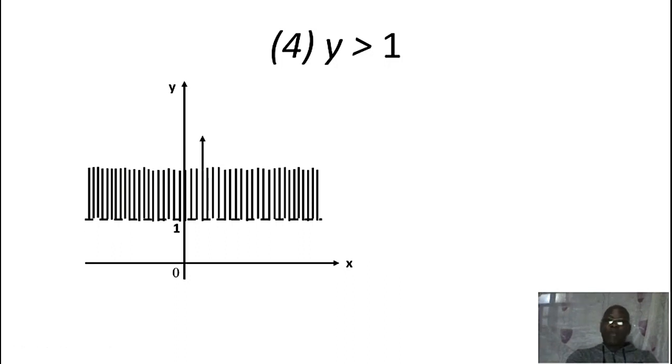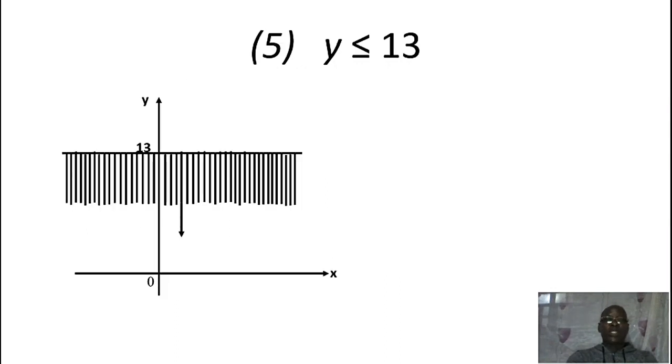Do we still have anything about y? We check. Okay, this one says y is less than or equal to 13. So equality is contained here. As a result, still talking about y, we go to the point where y is 13. Put it yourself. Where y is equal to 13, draw a horizontal line. It will not be dotted because there is equality there. Just like shading the circle on the number line, so do we make the line thick here because equality is well defined. So it will not be a dotted line again.